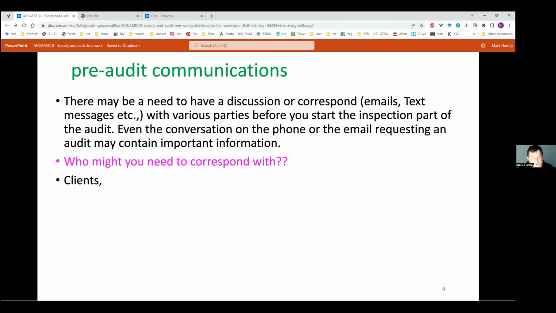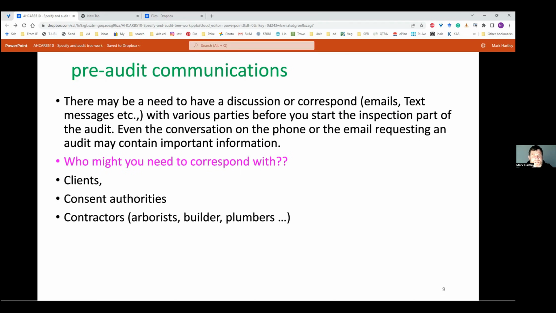So clients, you want to talk to them. Consent authorities, that's your councils in particular. Contractors, that's arborists, builders, plumbers, all sorts of people will tell you things. And I'm amazed at how many times even what's on site is not known by the project manager. So depending on the size of the project, witnesses to things, you may want to ask questions.